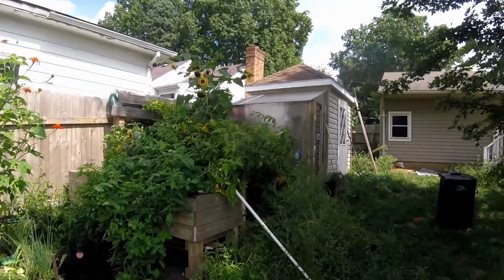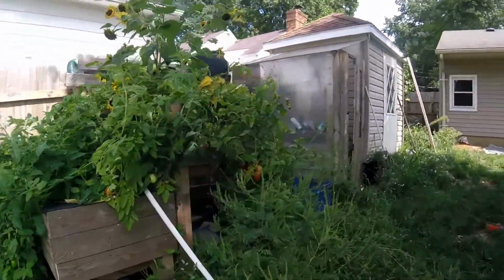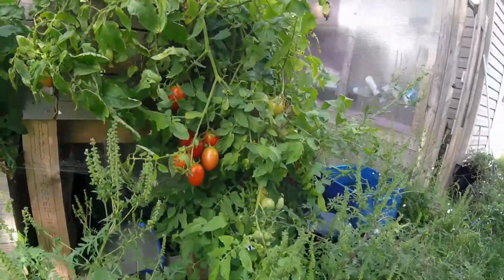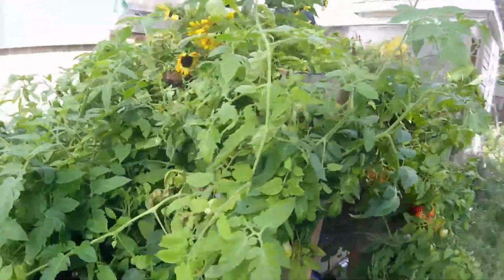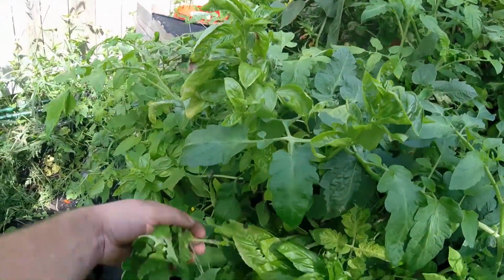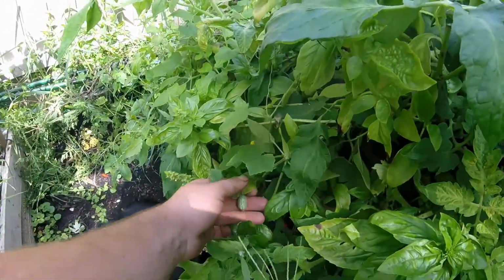Tomatoes did really well. I'm still picking them. I've picked quite a bit, and I'm going to do another batch here and show you. You can see them all hanging down here. This basil in here did really well. That's all basil, and you can see I've got little